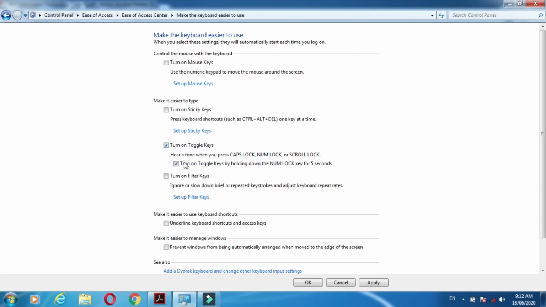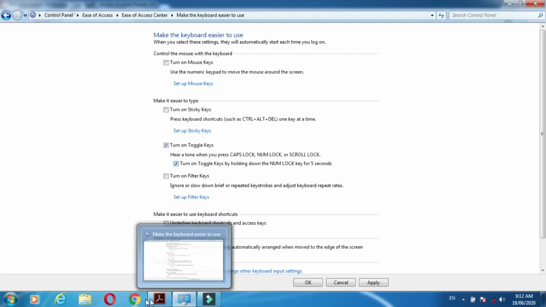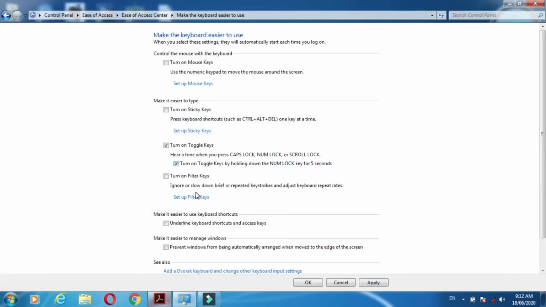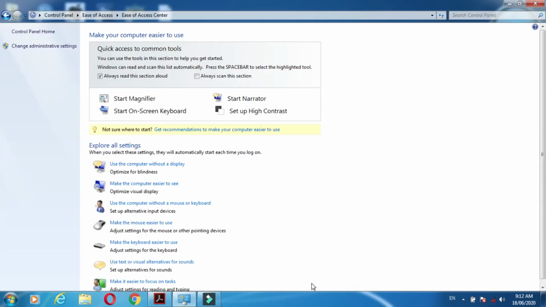Now see, if you turn on these toggle keys, what happens? We are enabling our toggle keys. Apply.